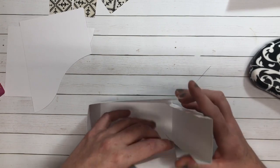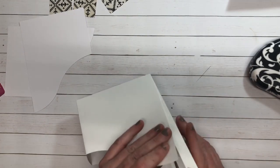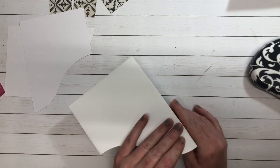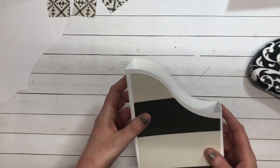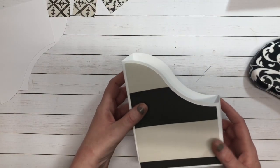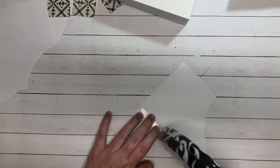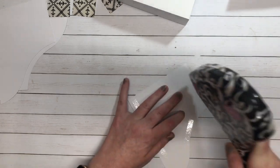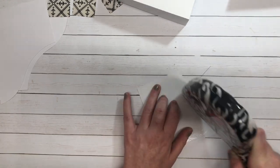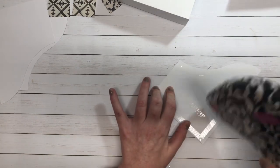And then go ahead and attach the sides. And I know a lot of times people mat things before they put it down, but for whatever reason, I do things the difficult way, and I will actually assemble it prior to matting. Doesn't really make a whole lot of sense, but